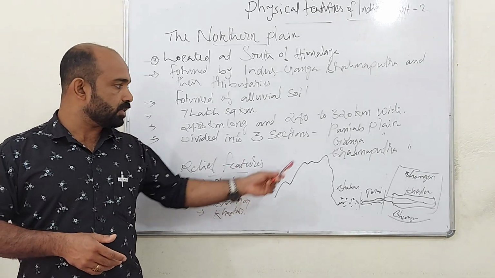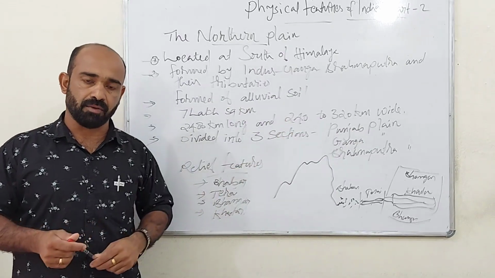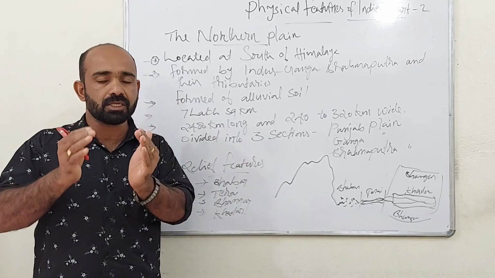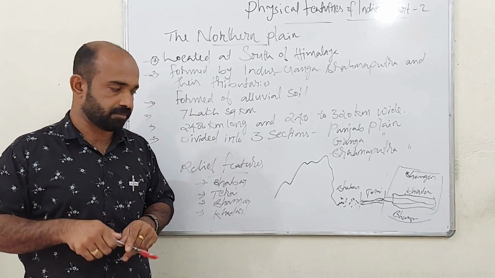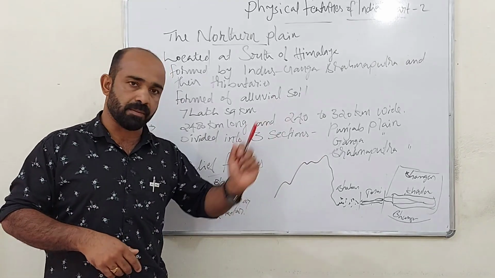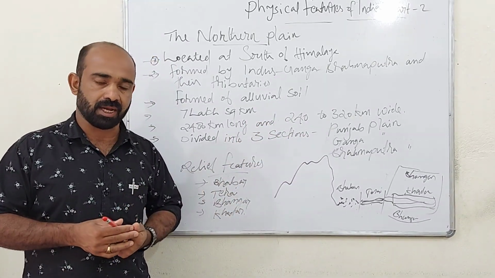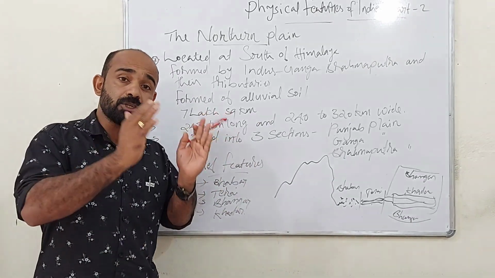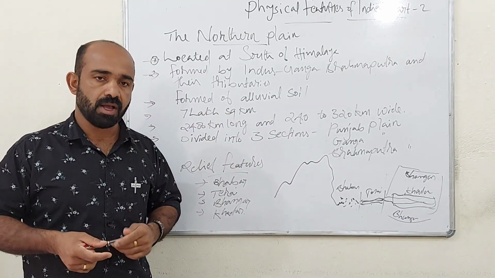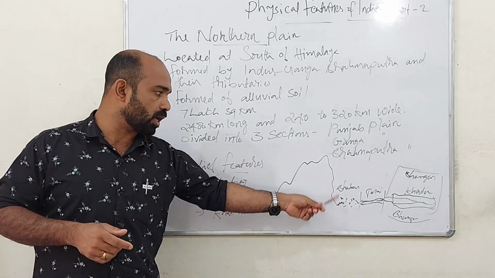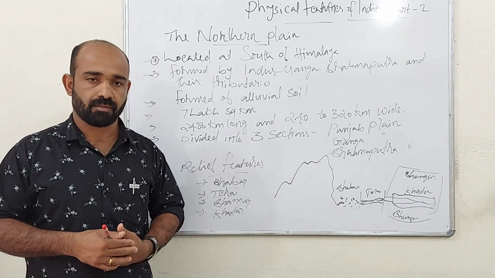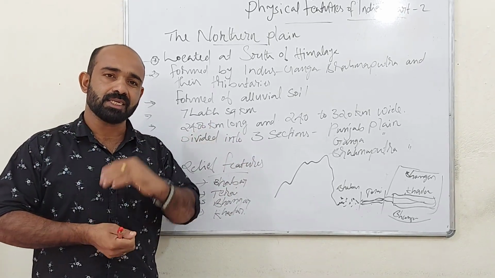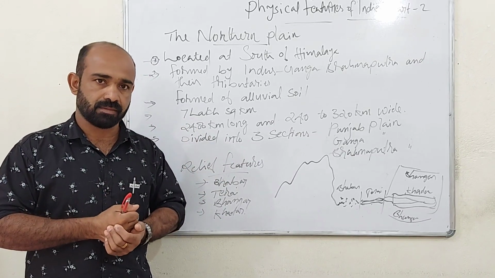We know that the rivers which originate from the Himalayan mountain used to bring sediment, and along with sediment, pebbles and lots of such items. At the foothill of Shivalik, these rivers deposit pebbles around 8 to 16 kilometer wide, and that pebble deposited area is known as Babar. Here no vegetation is found, it is a fully pebble covered region, like a dry region.